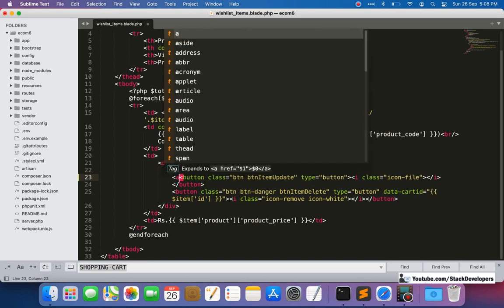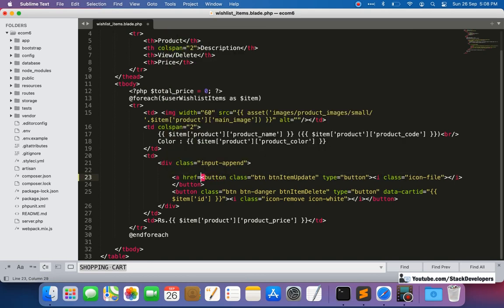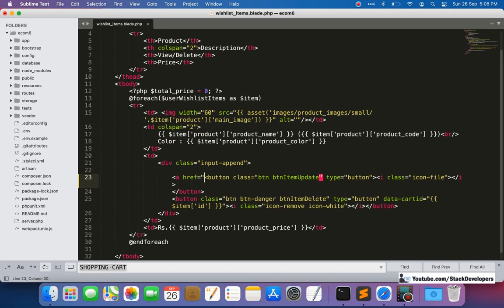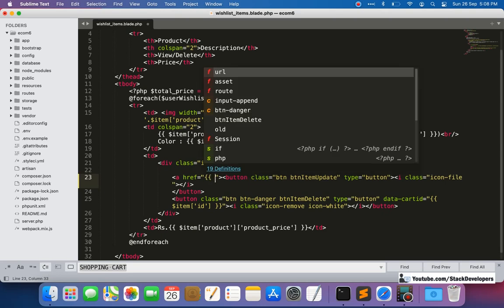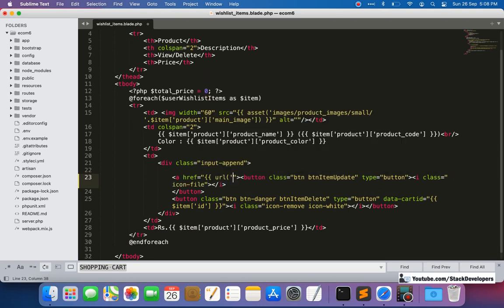Here I'm going to make one link so that the user can view their products and add the products in their cart. So here the URL, and here product must come, and after product we are going to pick the item.